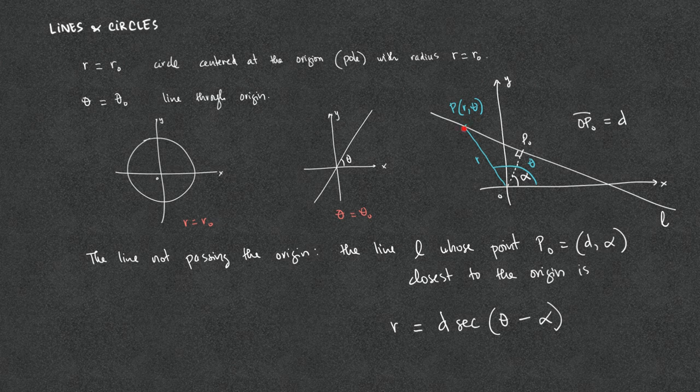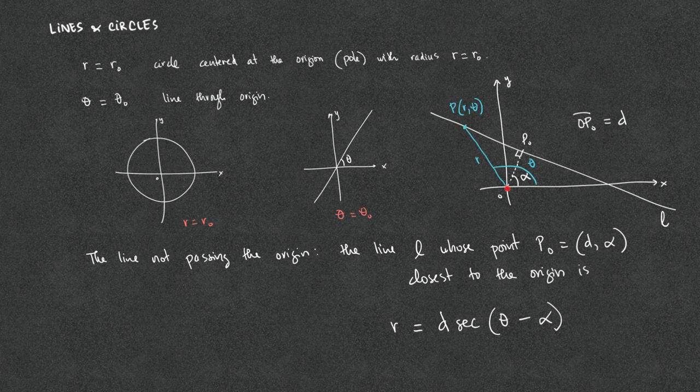If P is any arbitrary point on the line L with coordinates (r, theta), where the radial coordinate is r and the angular coordinate is theta measured from the positive horizontal axis, then using this right triangle, we have cosine of (theta minus alpha), which is the angle inside the triangle, equals adjacent, which is d, over the hypotenuse r,